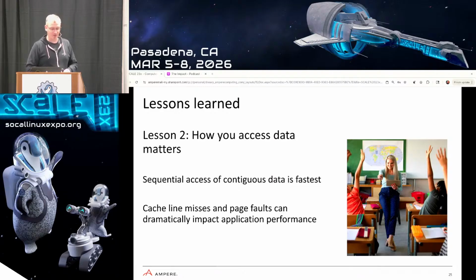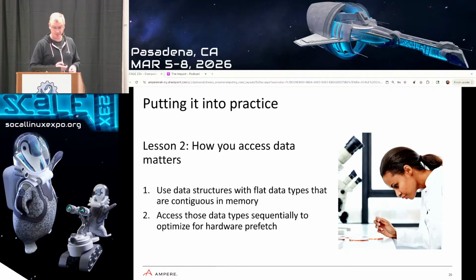So how you access data matters in addition to where you access the data from. Sequential access of contiguous data is fastest. Cache line misses and page faults can have a dramatic impact on application performance. Putting that into practice, and I'm kind of repeating this because we'll talk about premature optimization at the end, for the performance critical aspects of your application, you want to make sure that